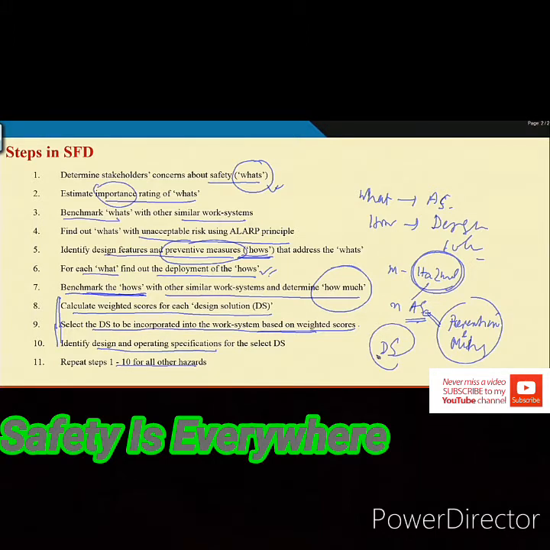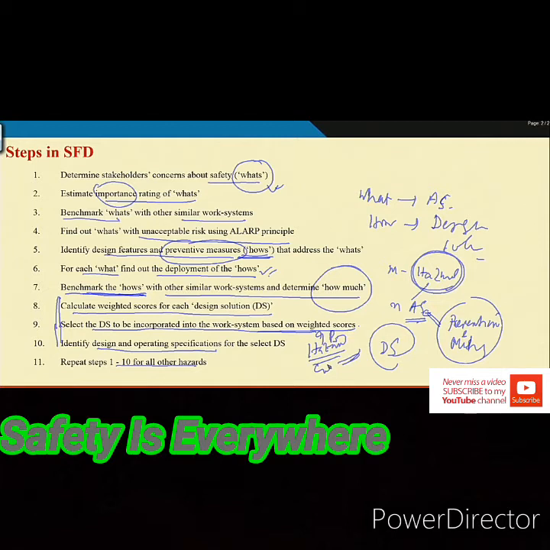So how do you identify the design solutions, what is to be adopted there? For that purpose you use the hazard control hierarchy, the 9 principles, 9 P's, given in the hazard control hierarchy. For every accident scenario and the resulting hazards, you see which hierarchy is applicable there, and accordingly find out the best design principle to be used. You also find alternative design principles that can be used. You find a set of design solutions.